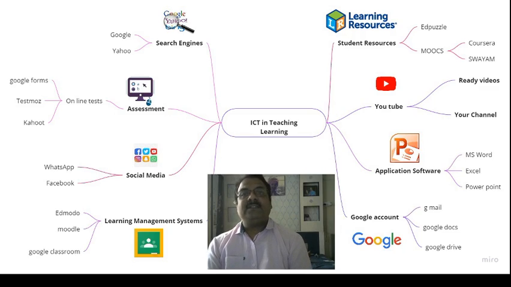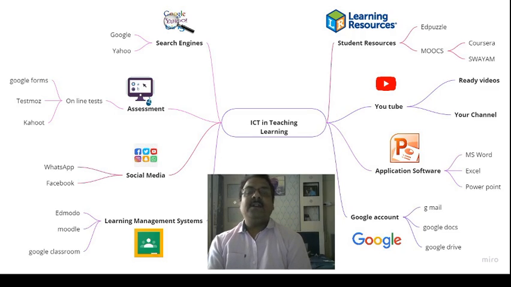Not only classroom teaching learning, students can learn on their own using platforms like MOOCs. Swayam has provided so many courses. Coursera has given so many courses, right? So students can learn at their own pace, on their own, at any time when they want, and we have these MOOC platforms, massive open online courses, for learning.